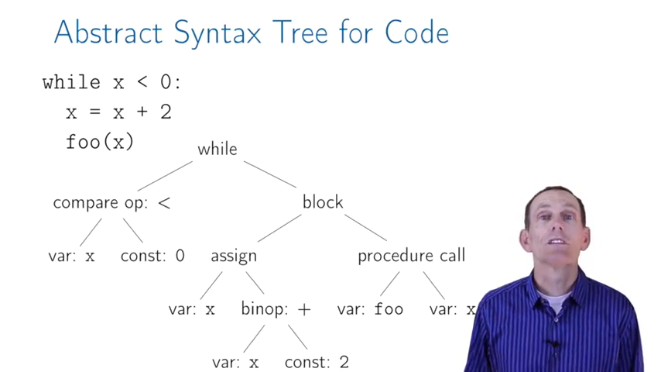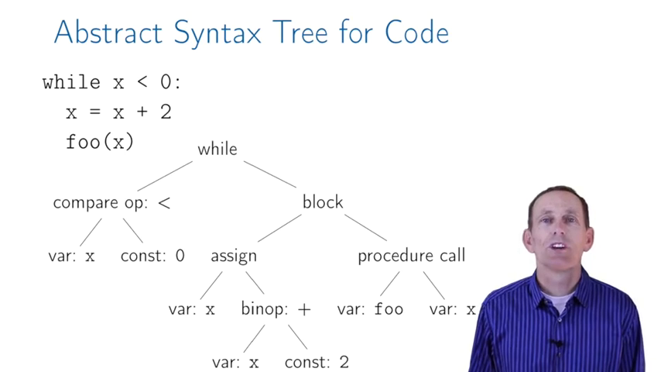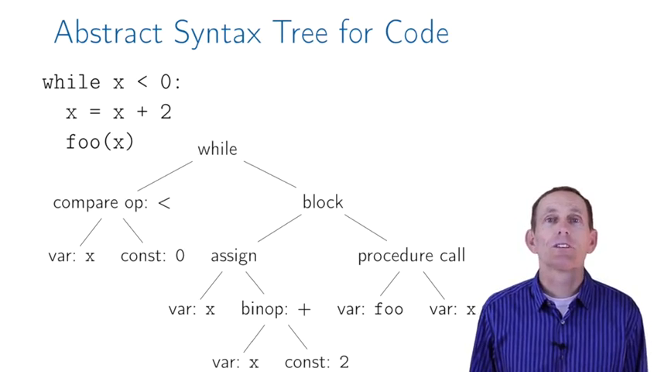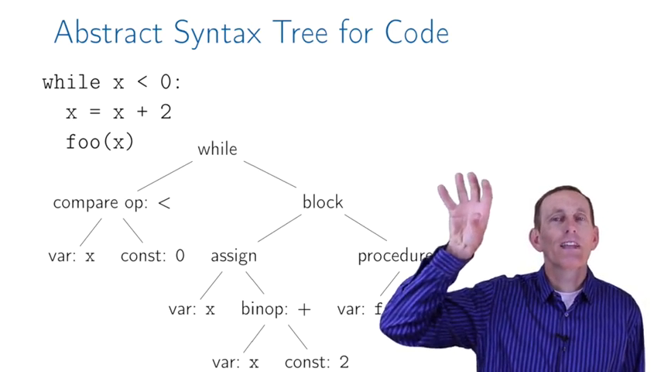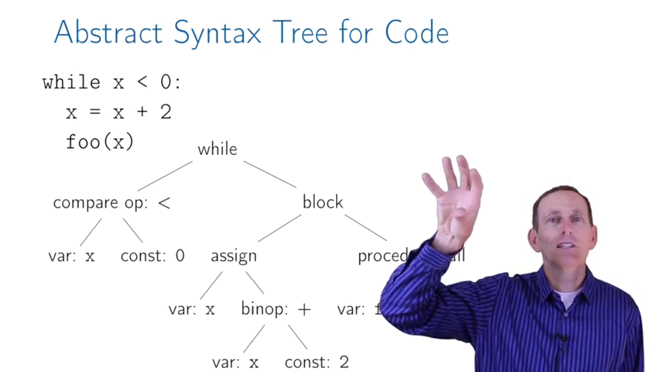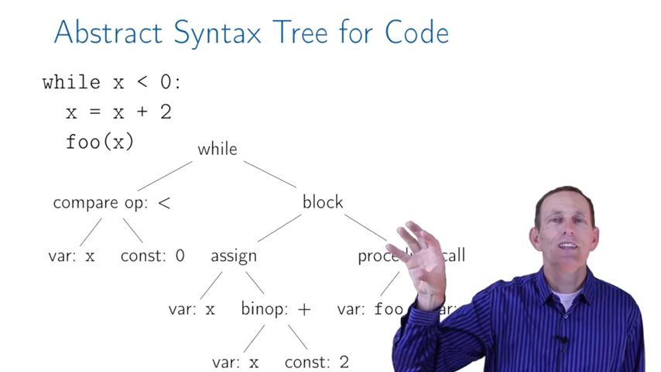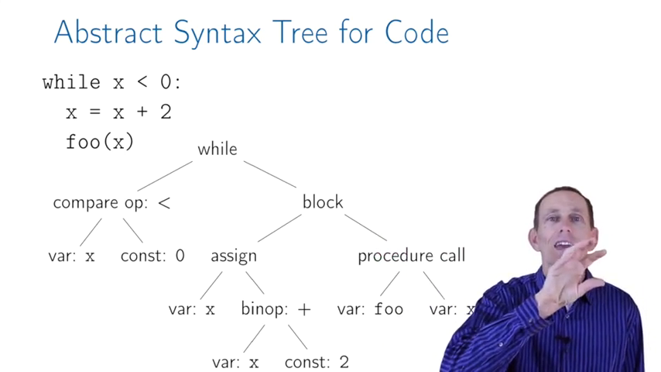We also use trees in computer science for code. So in order to represent code, we will do that with an abstract syntax tree. So our code here is a while loop, while x is less than 0, x is x plus 2, f of x. So we reflect that at the top, we have while, which is our while loop, and the children of the while loop are the condition that needs to be met for the while loop to continue, and then